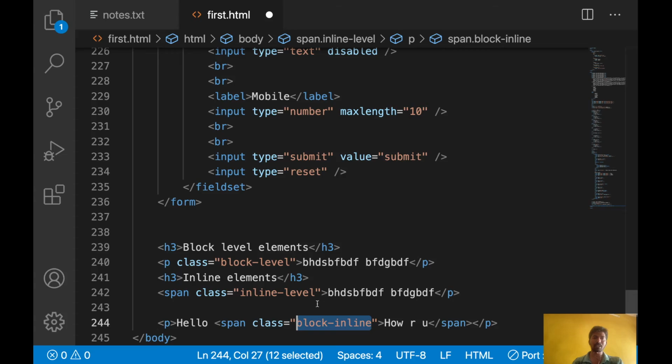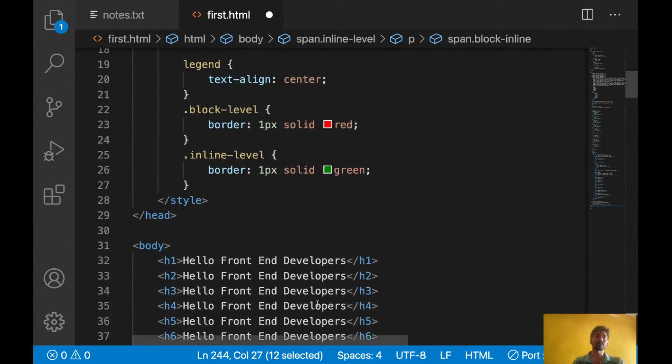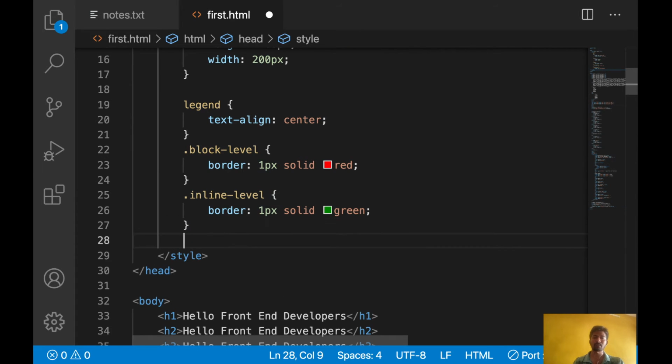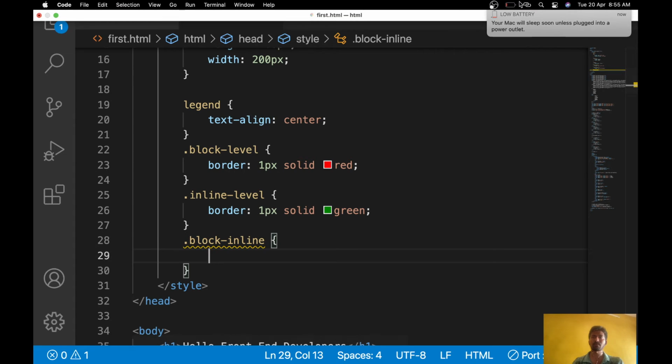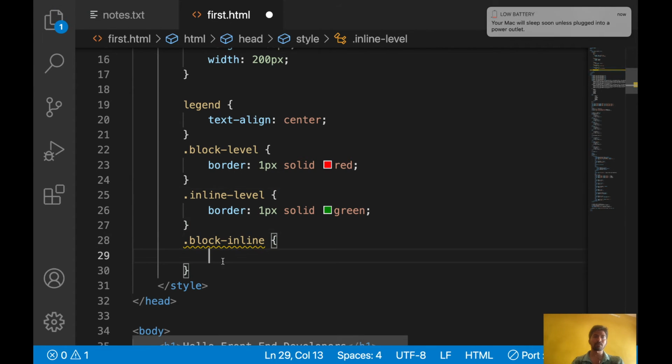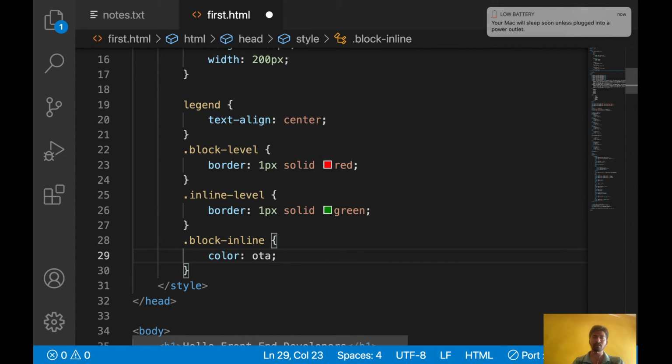Let's write some color here for span. So let's give some color orange. Let's see now how it will come.